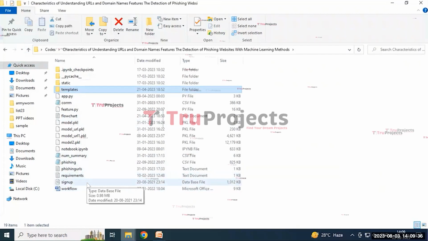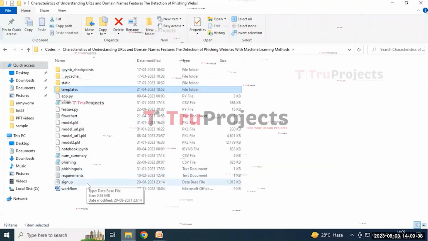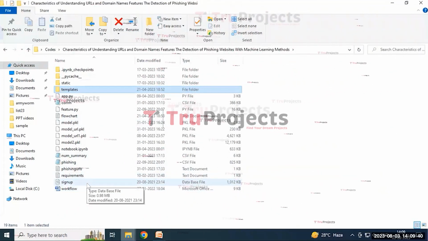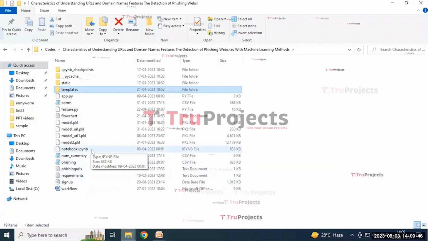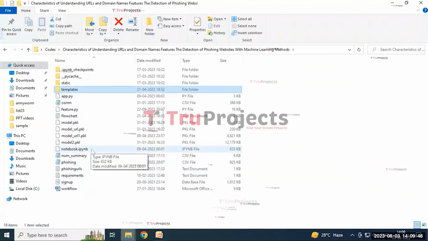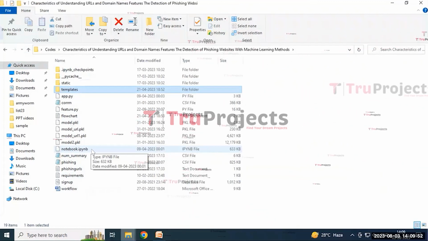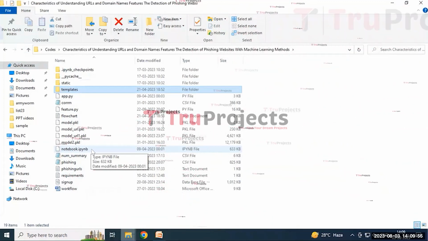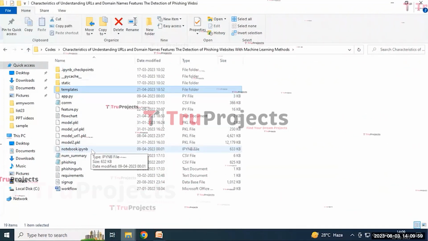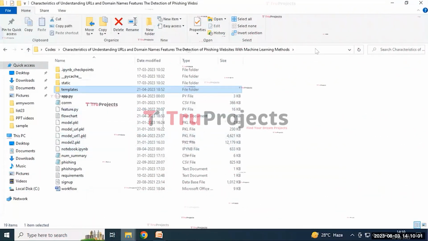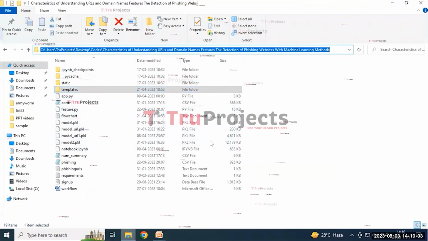And the signup is a DB file which contains the database to store the user information. And the notebook is an IPYNB file which contains a combination of code, graphs, and output all in one place. It allows the user to write and execute the code in individual cells, making it a popular choice for data science. And for the execution of the project, first we need to copy this code folder path and then